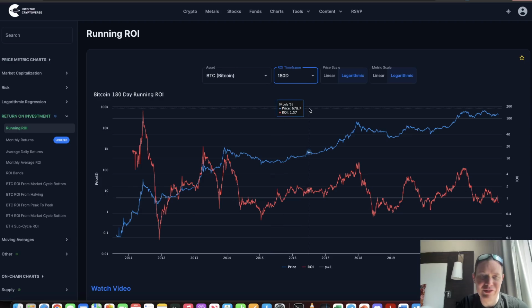Okay, now I understand that's a pretty bad return on investment in 180 days, but what do you notice? Whenever that happens, whenever it gets down to these levels, it's only a matter of time before we see it sort of shift back the other way. So this is where we come up with the idea that time is on our side, right? You just need to be patient, you need to wait.